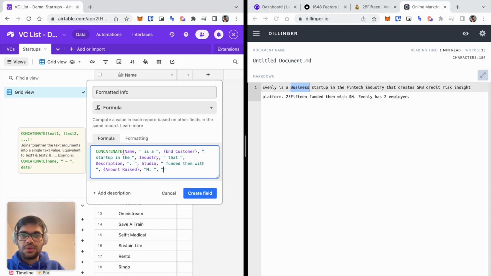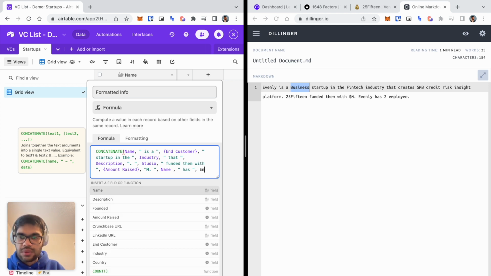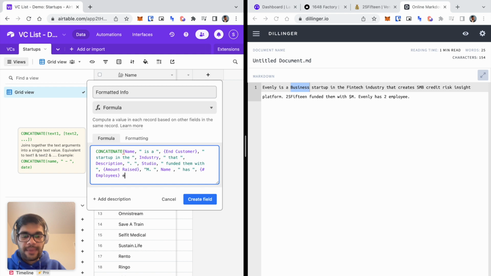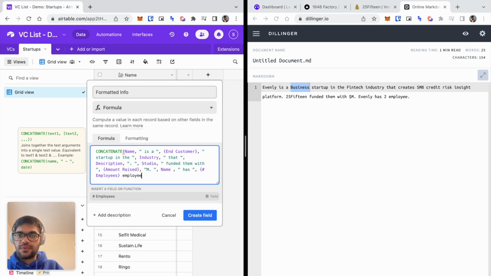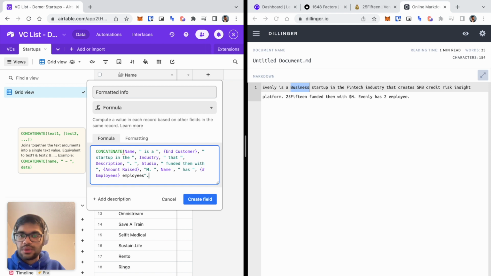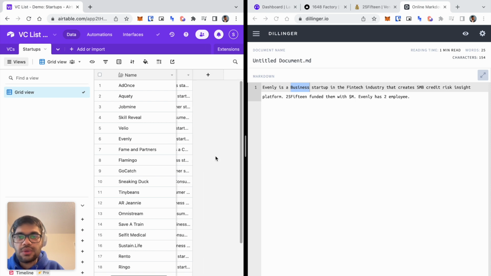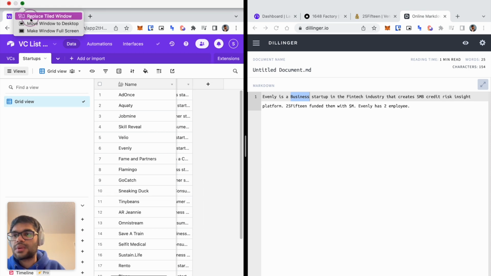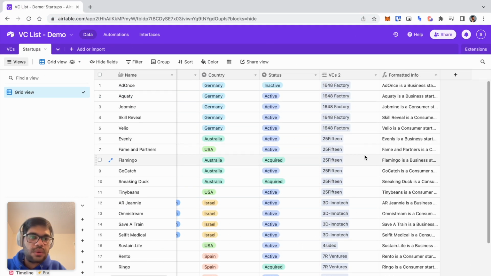Space. We're going to do, again, name has a number of employees. There you go, number of employees. Fix that mistake there, so employees. Okay, and then the bracket to end it. So if this is good, if I create this field now, what it's going to do is create,